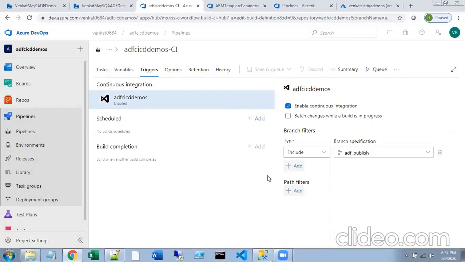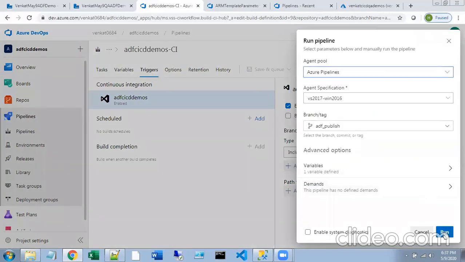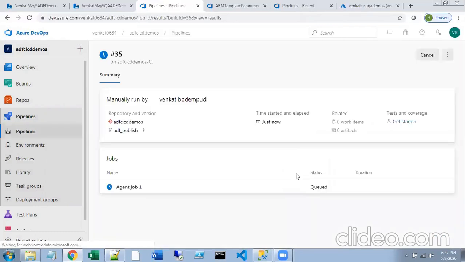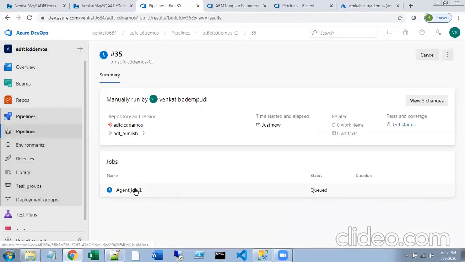So when we click queue, the build is going to be completed. Click this one, say run. So this is the agent job. The output of this agent job we are going to use for continuous deployment.